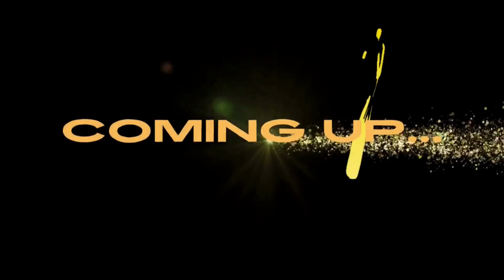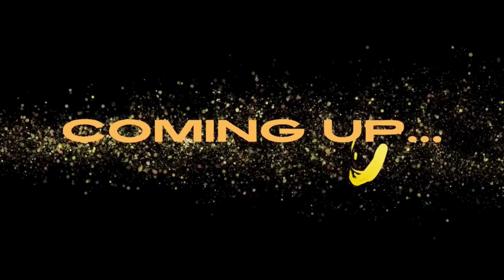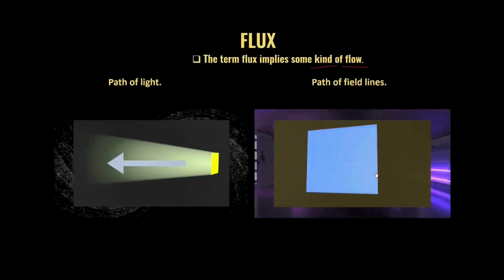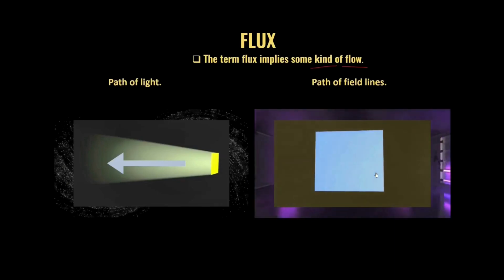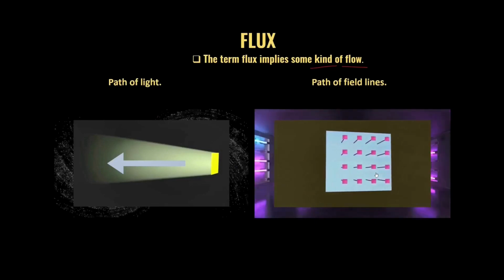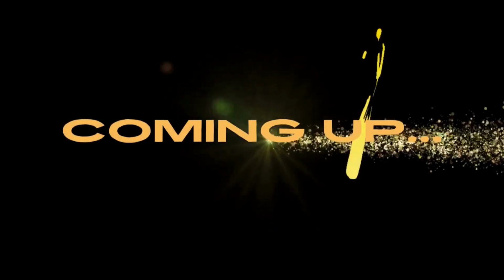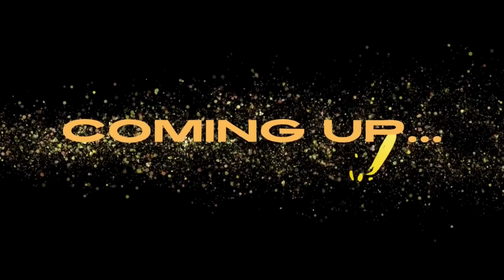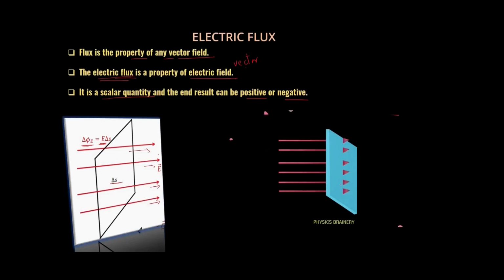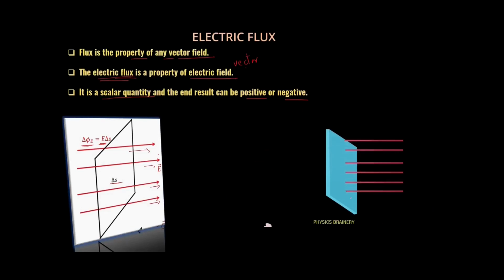the flux, across the given surface area in a perpendicular direction, then those field lines will be called the electric flux. Then those will be called the flux passing through the given surface area. Here you can see that these field lines are crossing this given surface area in a perpendicular direction. So all the field lines will